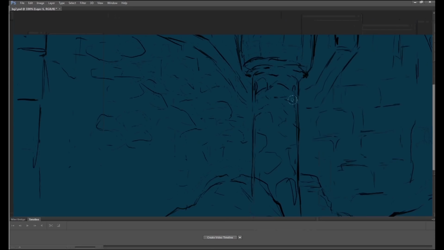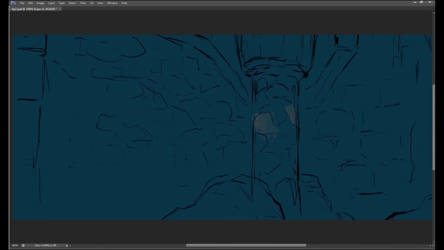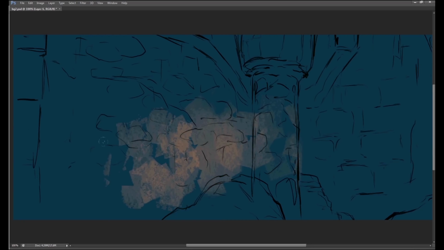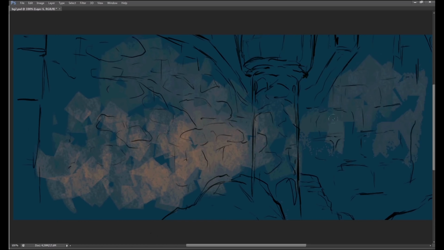Using a special textured brush that I downloaded, I'm going to start adding gentle strokes to indicate the light. First of all, I have to apologize. I can't remember the name of this brush. I remember downloading it from a Tumblr post, but sadly I can't remember the name of the brush set I got it from. However, when it comes to finding speed painting brushes online, I can recommend Goro's brush set.